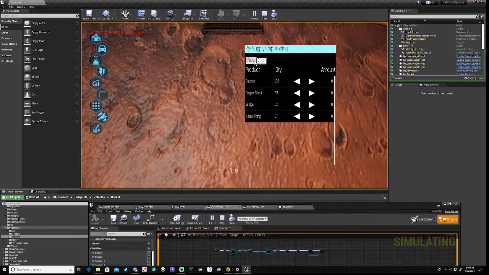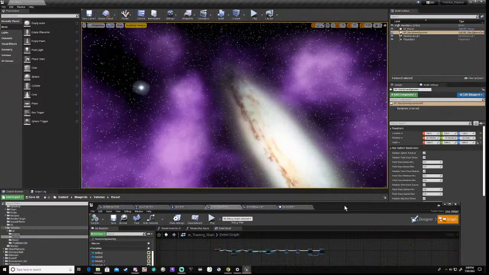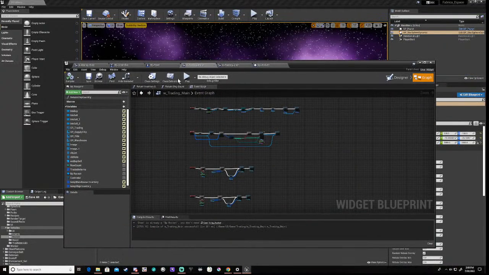Okay, so the first thing we need to do here is fill in this black scroll bar basically. And the way we're going to do that is